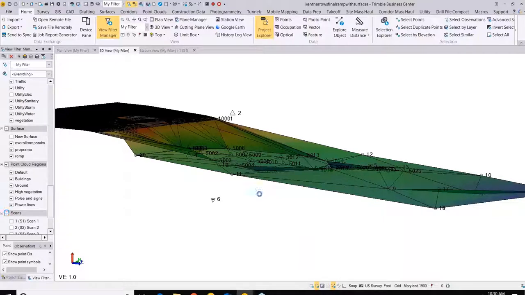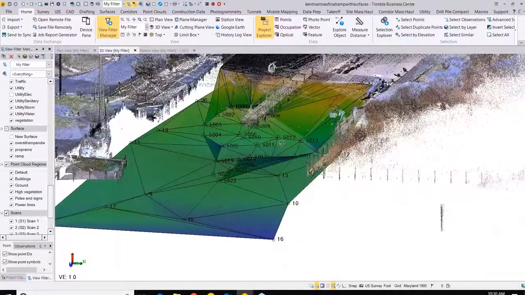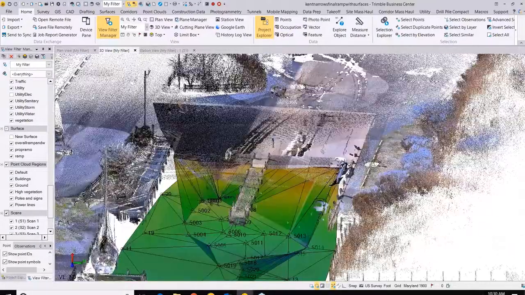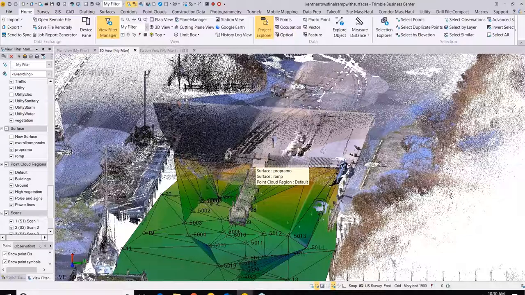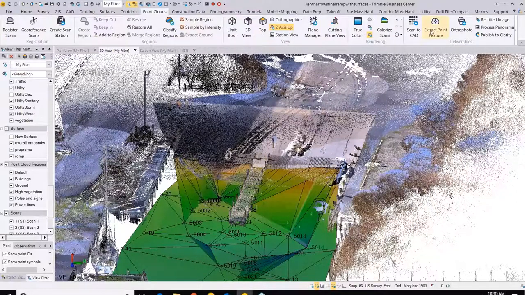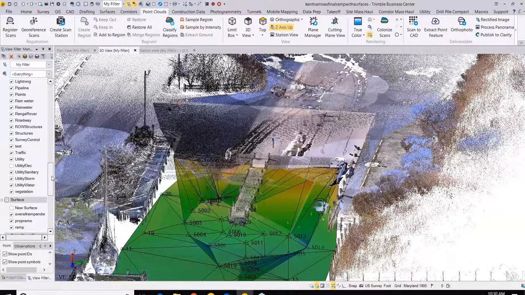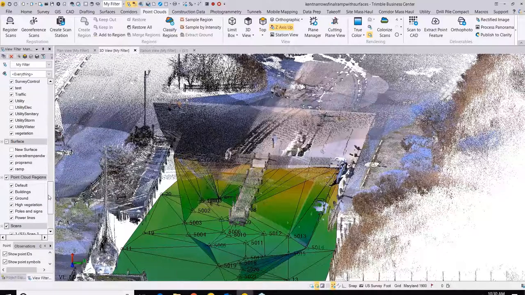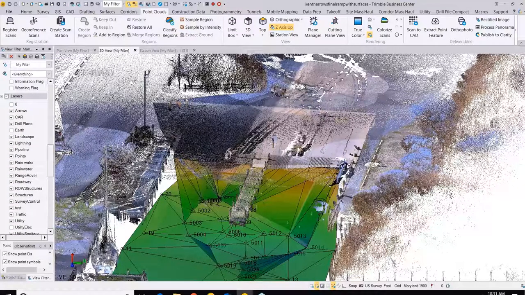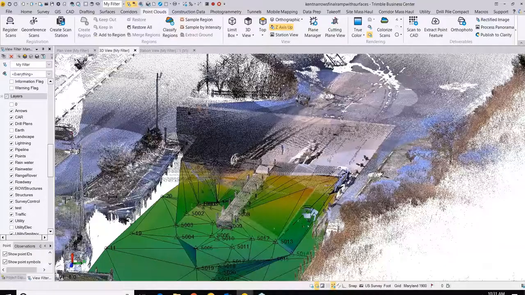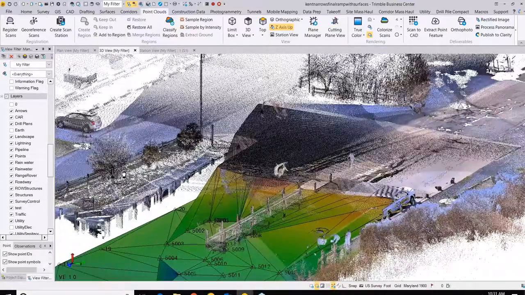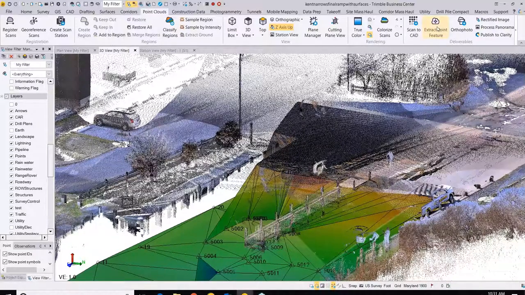Point cloud. And so that way you see another good feature of everything in here. Another thing that's new that I like that everyone put into TBC this year is the feature extraction. That's the extract point feature. You can only do this if you've already classified your point region, which I already did. So this tree here, if you go into the extract point feature,